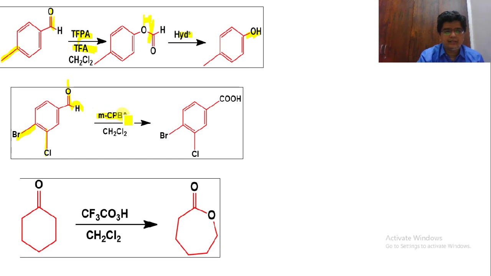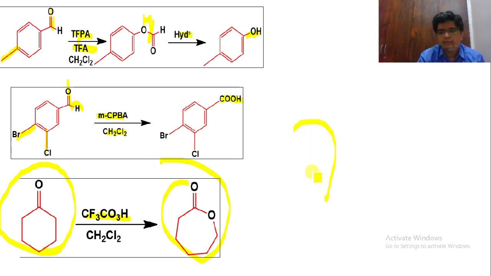So now when it is reacted with metachloroperbenzoic acid in the presence of dichloromethane, the CHO group is converted into the C double bond OH group. So this is Baeyer-Villiger. Earlier I explained the 5-member lactone. Here we have a 6-member ketone which, when reacted with trifluoroacetic acid, will convert into the 7-member lactone. Now, as we know, the 7-member lactone is known as the delta plus 1 lactone.